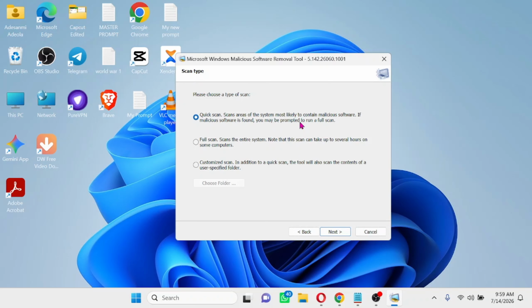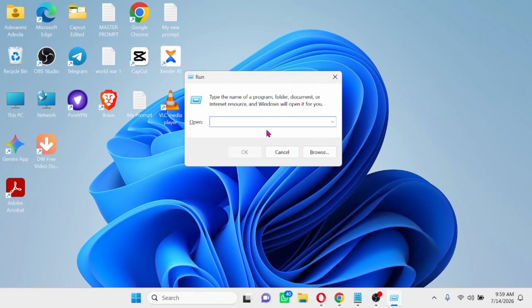When you click on the next button, you have access to what you can do. You can run a quick scan, full scan, or customized scan. So this has to do with you. Then click on next, follow the screen process. This will help you to even remove viruses and fix your computer as soon as you are able to follow the screen process correctly. The next one is to enter